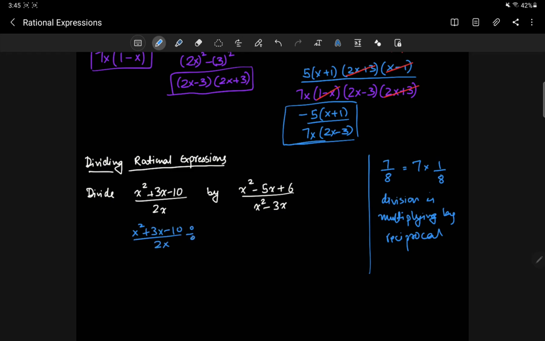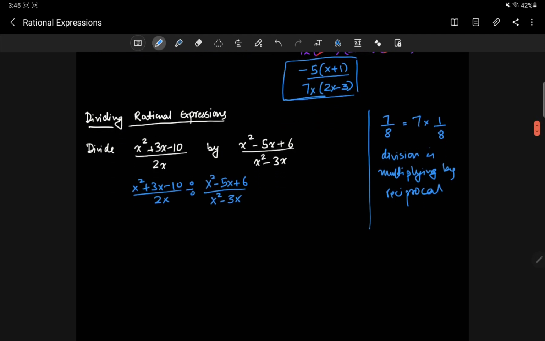then it means divide (x² - 5x + 6)/(x² - 3x), which is basically keeping the first term as it is. The reciprocal of the second term is just the fraction flipped. And when you flip this fraction, that's what it becomes. So now it's reduced to a multiplication problem, which means we can go ahead and factor